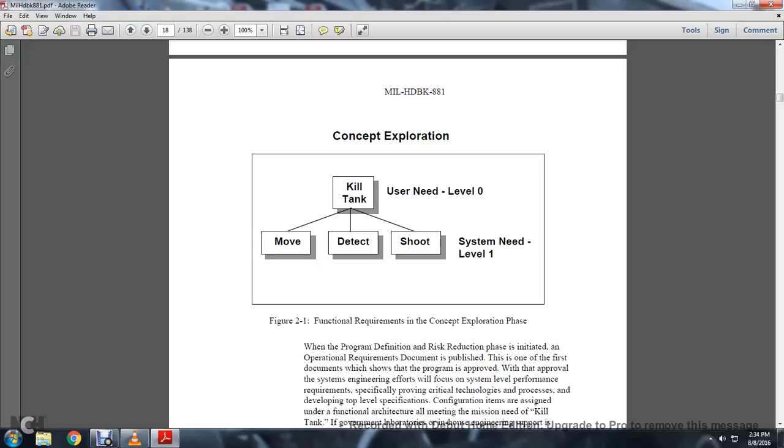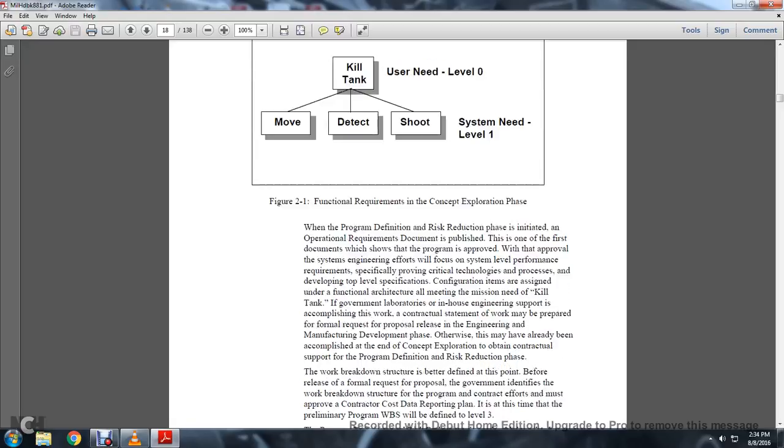Moving to detect and shoot system needed level 1. When the program definition risk reduction phase is initiated, the operational requirements document is published, and this is one of the first documents. It will show the program is approved, with approval of the system engineering efforts, which will focus on the system level performance requirements, proving critical technology processes, and developing level specifications. Configuration items are assigned under the